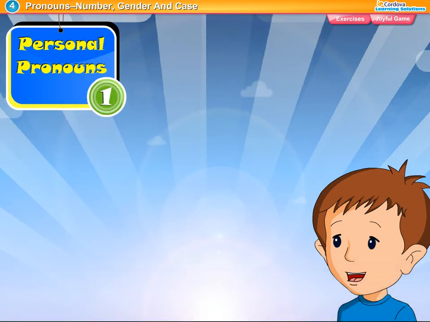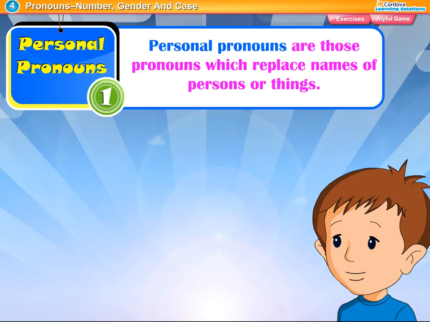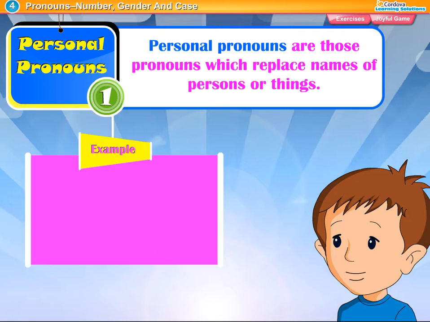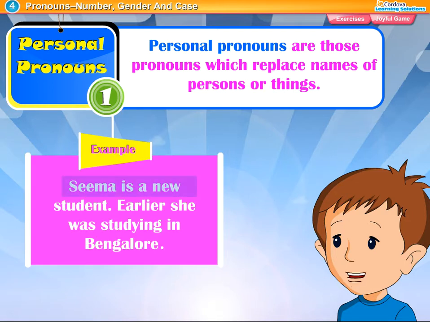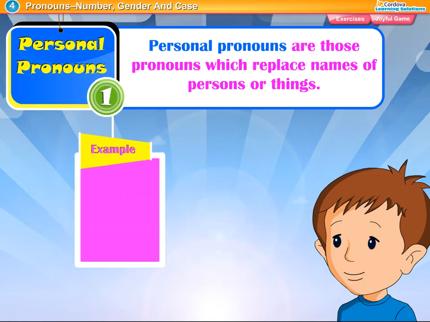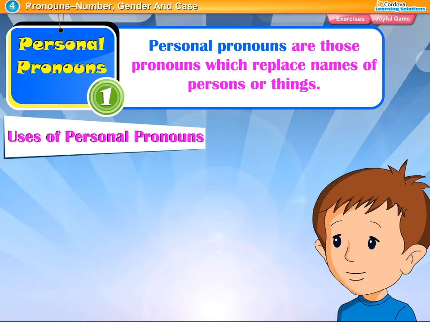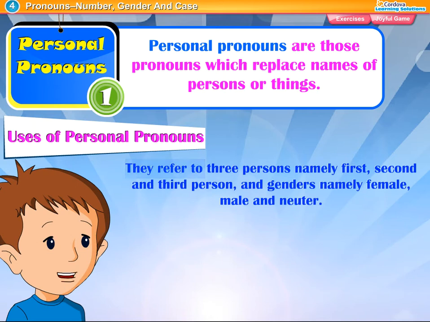Personal pronouns. Personal pronouns are those pronouns which replace names of persons or things. Example: Seema is a new student. Earlier, she was studying in Bangalore. Uses of personal pronouns. They refer to three persons, namely first, second, and third person, and genders, namely female, male,